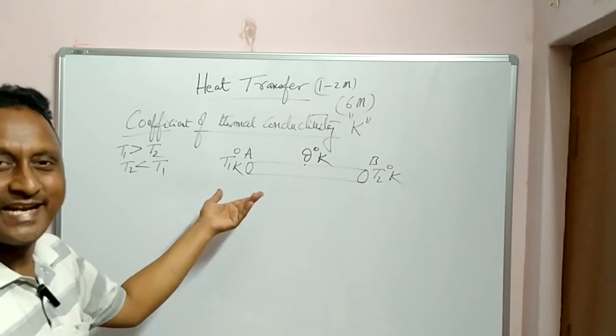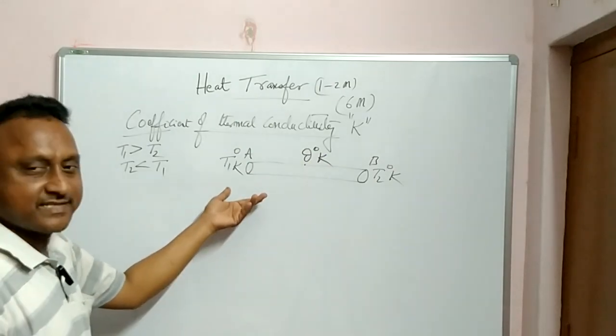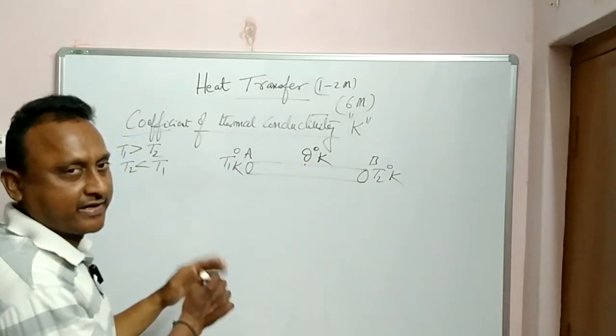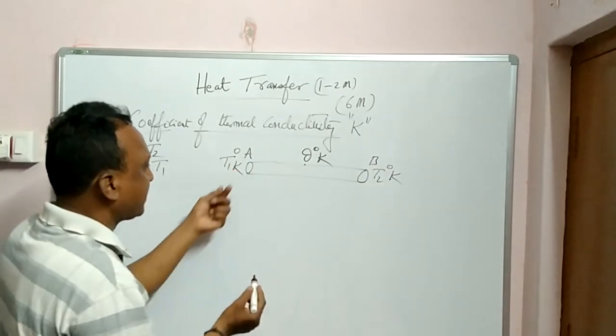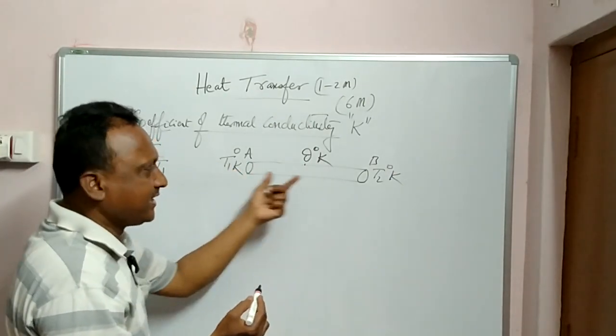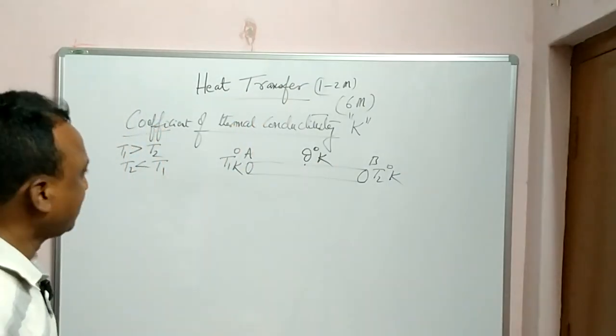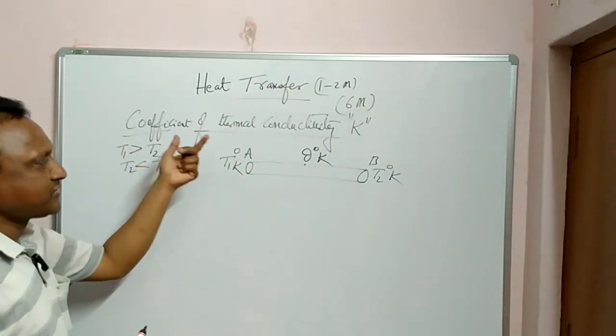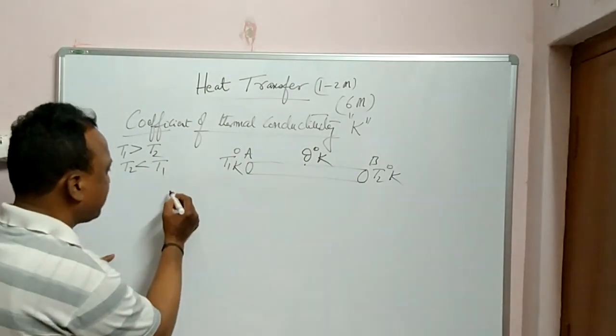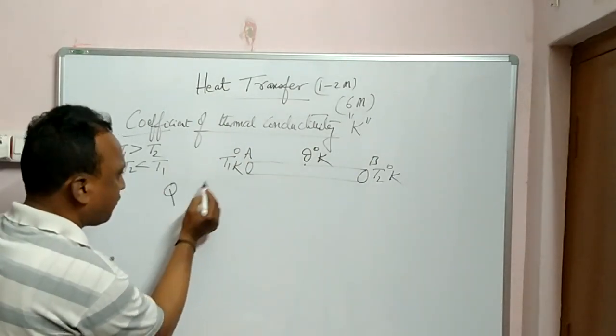But after some time what happens? It attains steady state. So when it attains steady state of heat, what happens? No more heat is given. That means it maintains constant. Here T1 degrees Kelvin, here T2 degrees Kelvin, here theta degrees Kelvin. Absolute temperature. Now to define coefficient of thermal conductivity of the material, what happens is, the quantity of heat flowing